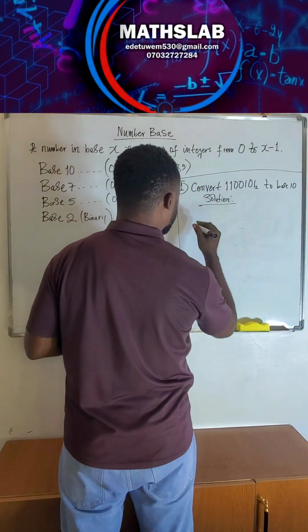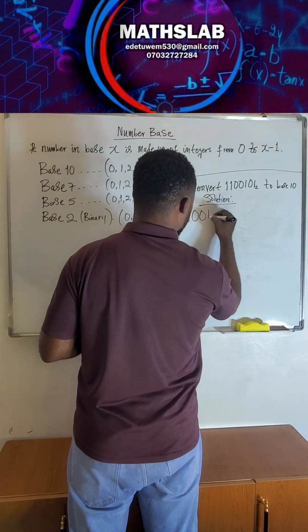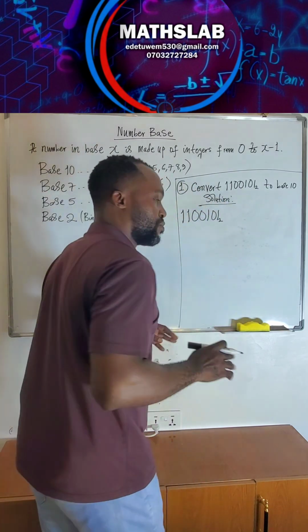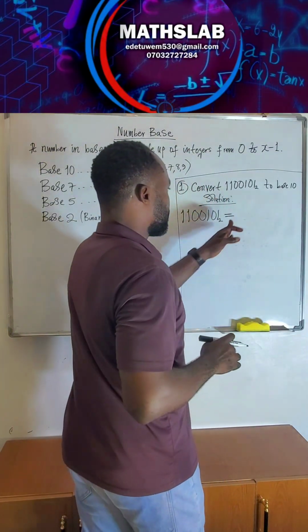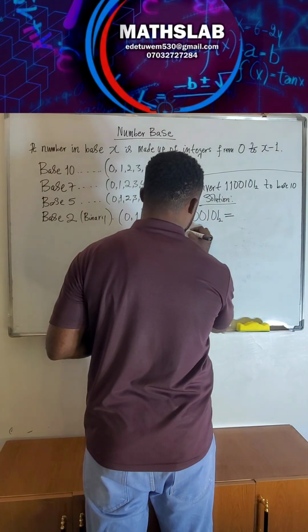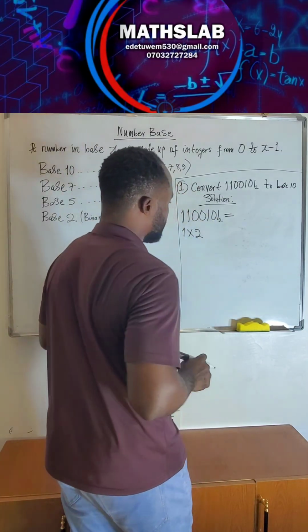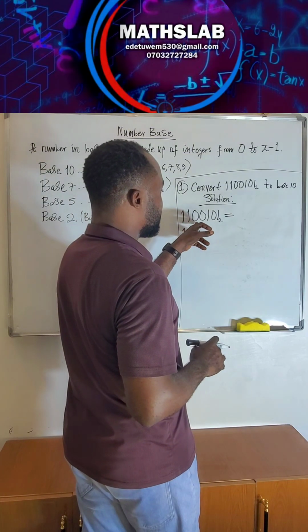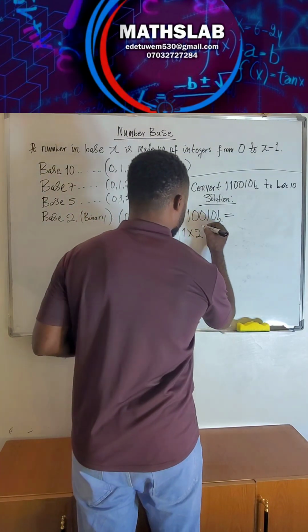You bring the question down. You have 1100101 in base 2. We are going to take this to base 10. Let me start it here. You have the first digit, 1, multiplied by the base, which is 2, raised to the power of the remaining digits, which is 1, 2, 3, 4, 5, 6, so raised to the power 6,